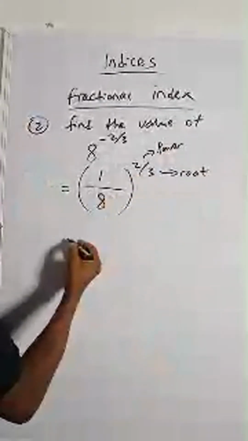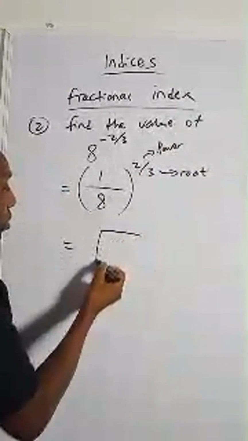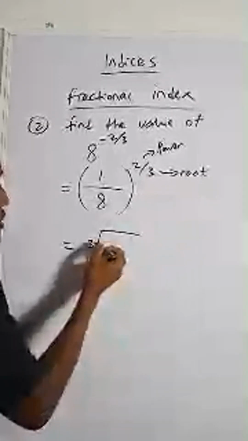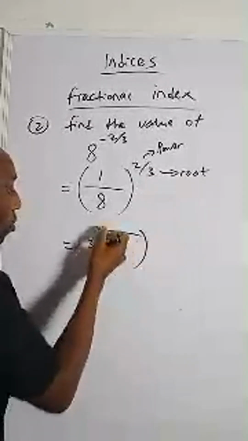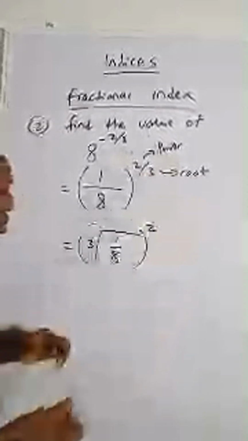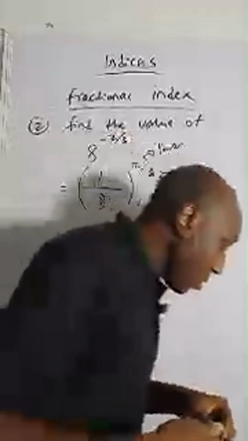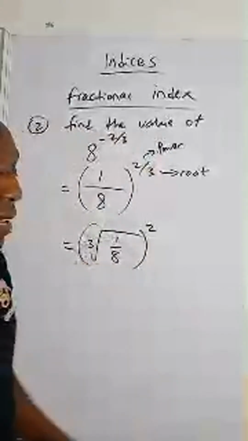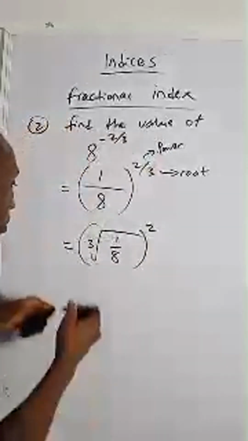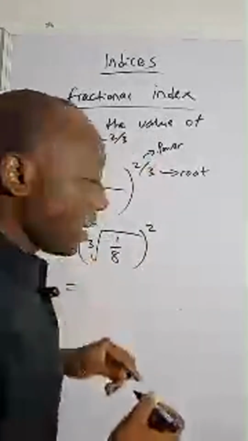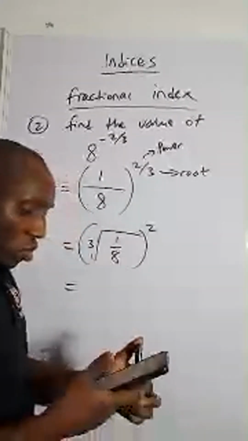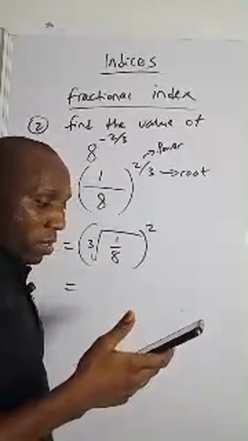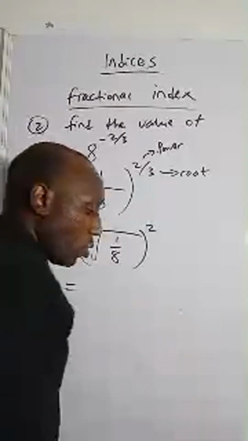Now, this means the cube root, because of the 3 here, the cube root of 1 over 8, all the way to the power of what? The power, which is 2. Hope that makes sense. The cube root of 1 over 8 all the way to the power of 2. So this is equal to, who can tell me what's the cube root of 1 over 8? Who knows that? What's the cube root of 1? And what is the cube root of